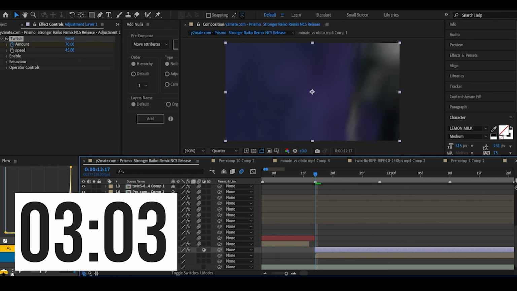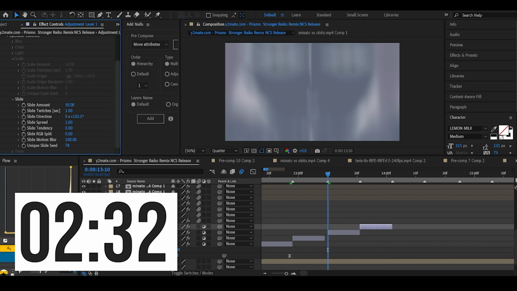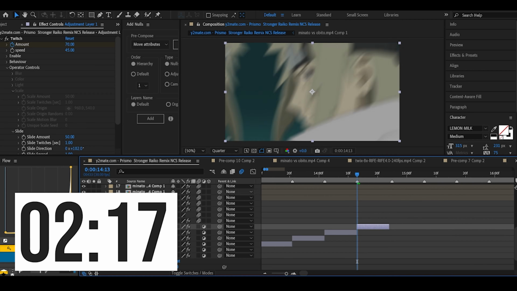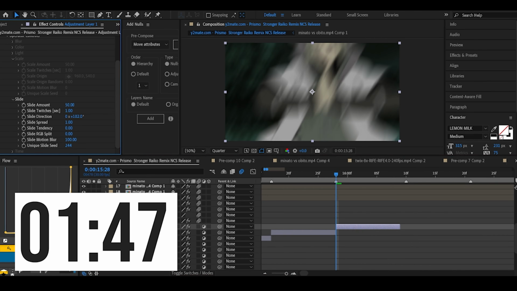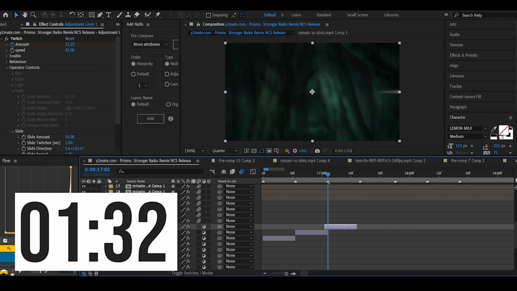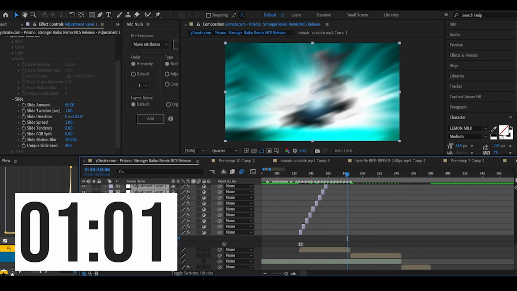After doing the transitions, I decided to add shakes. Now, as you can see, I used the exact same shake for all of them, which is not something I would usually do in my edits, but because I don't really have the time, it's basically the fastest way of adding shakes. But I did still make sure that I changed the seed so it doesn't look exactly the same